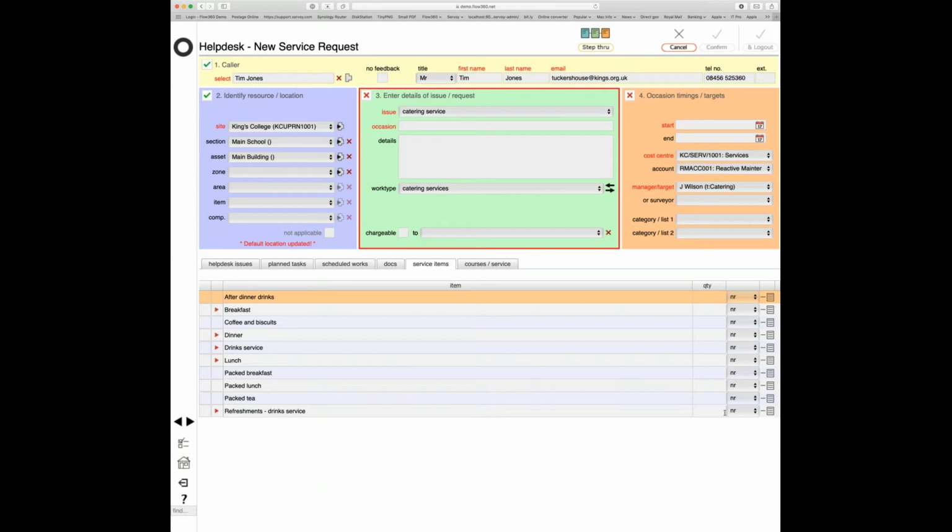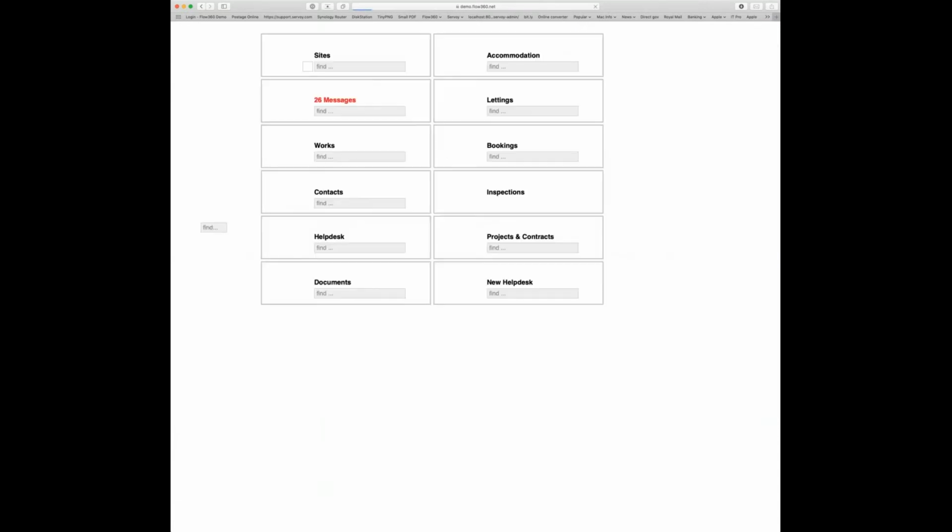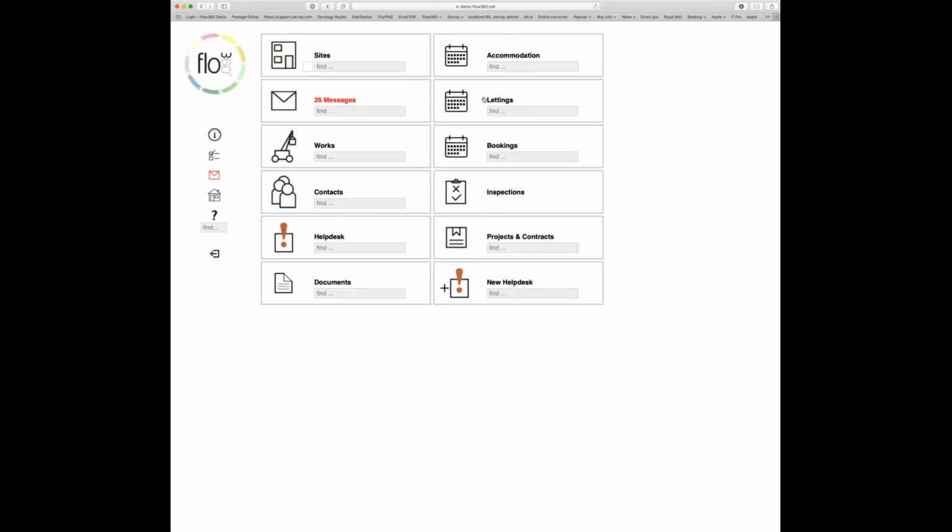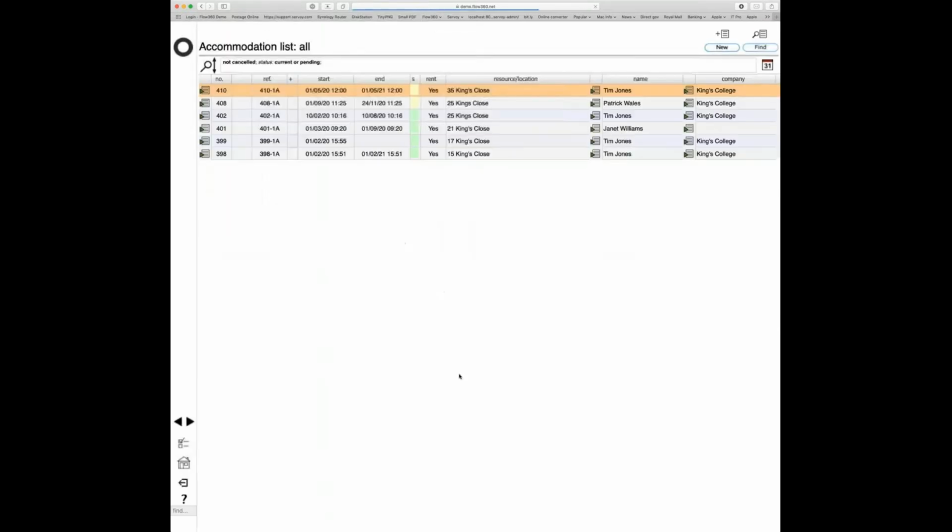So that's some of the things that we've added then for events management, for bookings. Let's jog back, because we started just by drawing your attention to the differences here between bookings, lettings and accommodation. And I wanted just to explore a little bit the accommodation side of things, the staff residential accommodation. So if I click on the accommodation button on the start screen,